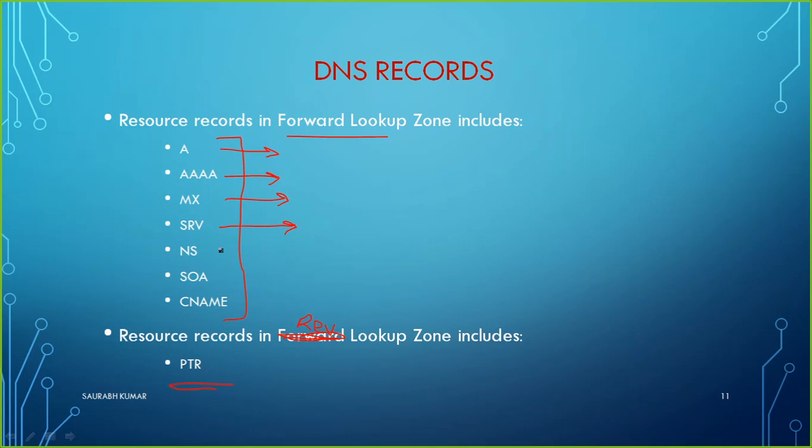If you have any name server, you can have 1 name server, 2 name servers, 10 name servers. All the servers that are running DNS, you can consider them as a name server as well. So those name server entries you can add in the NS record. Thereafter, you can have an SOA record, a start of authority record. It maintains a numeric value which represents a lot of information about the DNS replication and all.